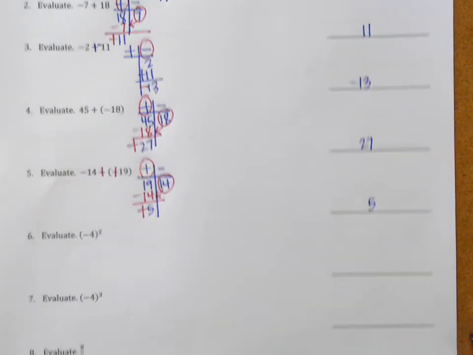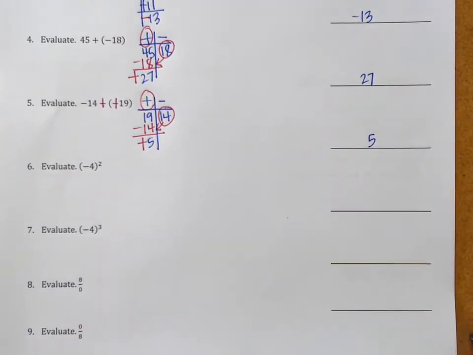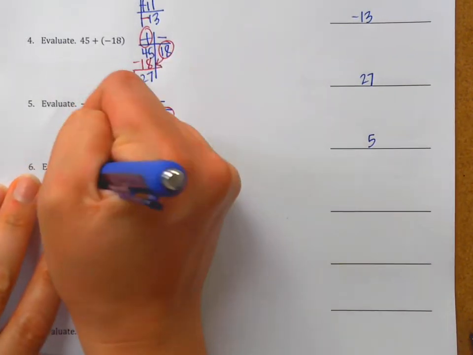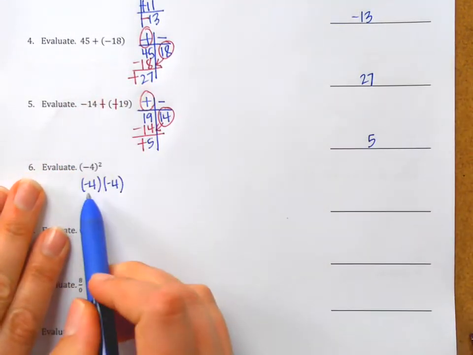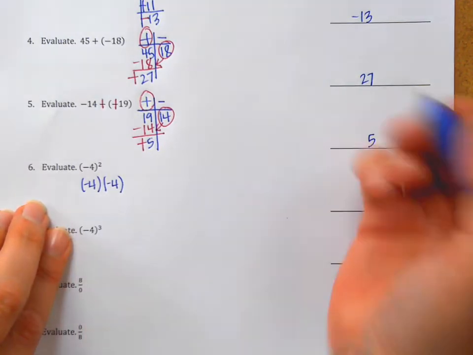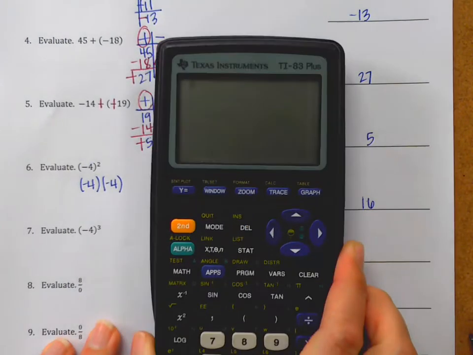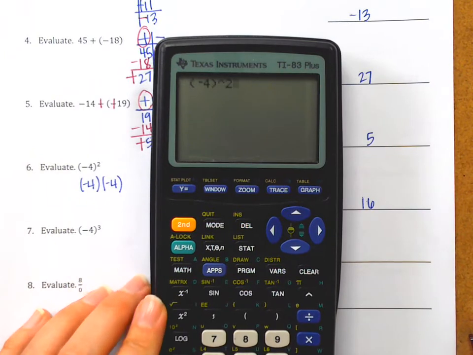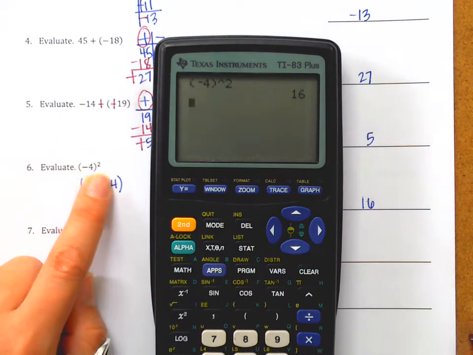So we have negative 4 squared. That is in parentheses. Remember, it's super important to think about what that means when it's in parentheses. What that tells me is we're saying it's negative 4 times negative 4. Now, a negative times a negative gets me a positive, and so that gets me a positive 16. If you're plugging that into your calculator, you would also want to put it in parentheses. Parentheses negative 4 raised to the second power gets me a positive 16. If you didn't put it in parentheses, it would be a